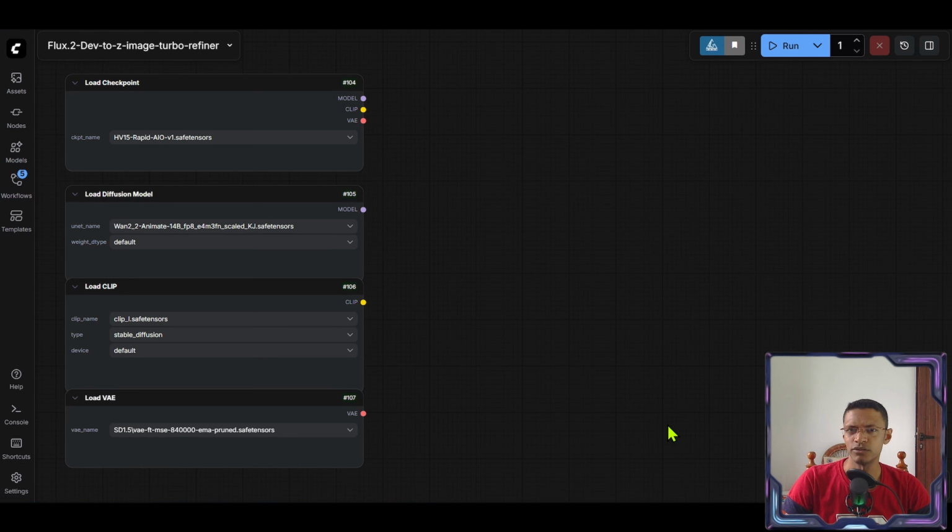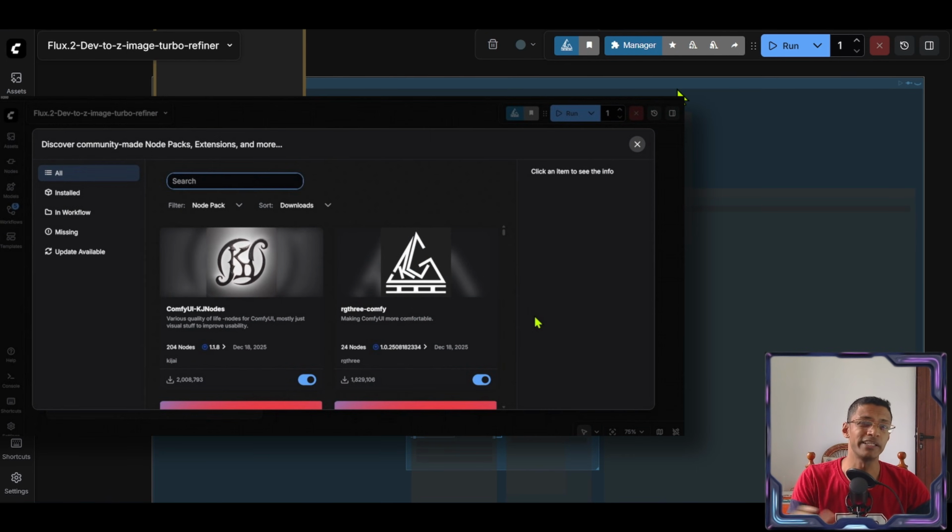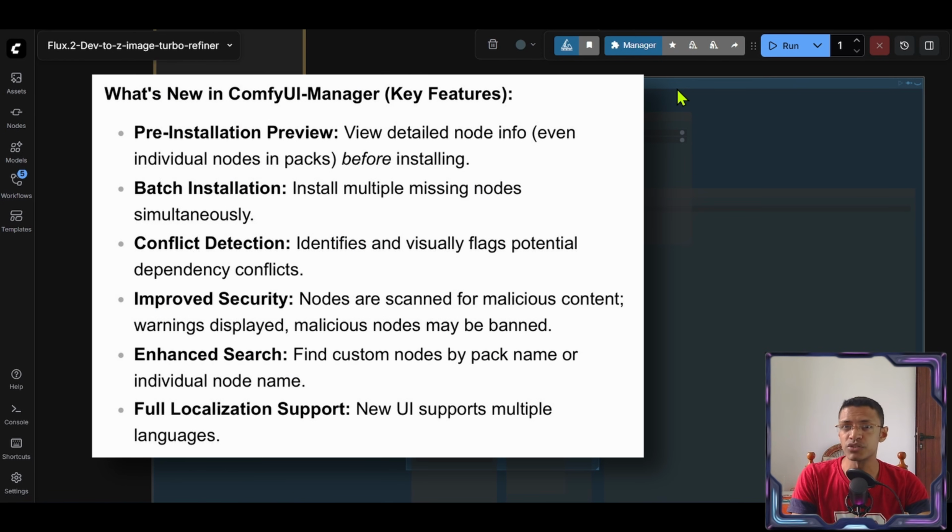In today's video, I'm going to talk about the latest update from ComfyUI. This is how your ComfyUI probably looks right now. We have the manager at the top. Now this new UI update will remove the manager from the top and will give you that new look. It's meant to be a faster and safer extension management system, and it will all be integrated inside of